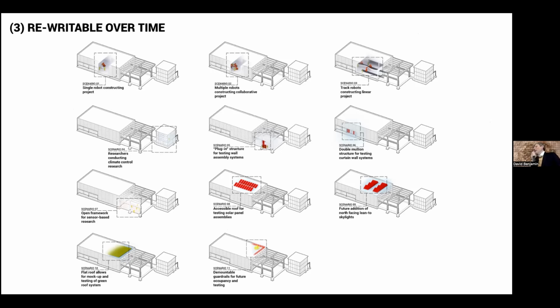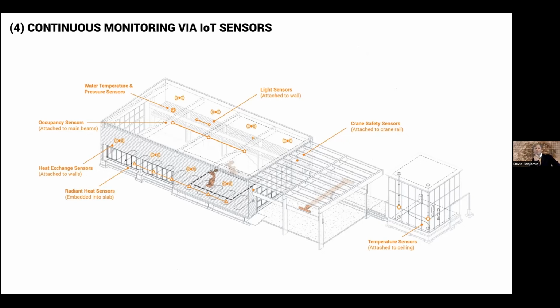The building is also rewritable over time. So many of the decisions were about things that could be changed, cut, revised, added to. What were systems and materials that could allow that? And in that way, we hope that just as maybe a biologist would use a microscope as a research instrument, architects and engineers could use a real-world building as a research instrument to study and adapt and experiment. And fourth, the building is really designed to learn over time. So like living organisms, it's continually processing information, including high-resolution data from a lot of sensors for things like heat, temperature, light, occupation, and it has a number of ways that it can evolve based on this.